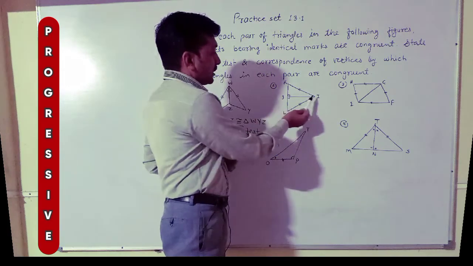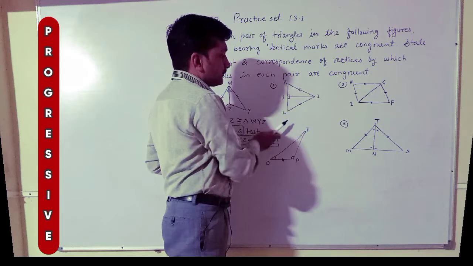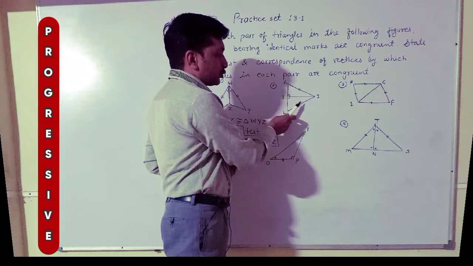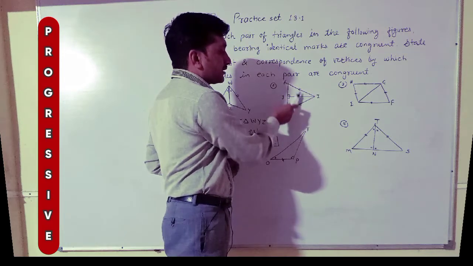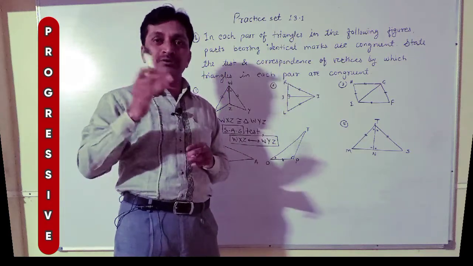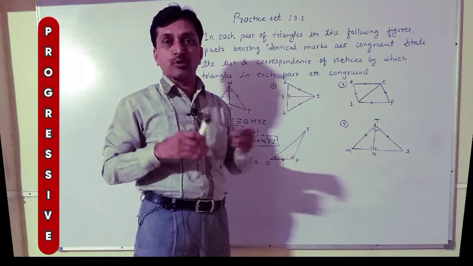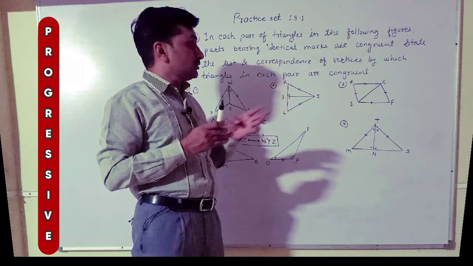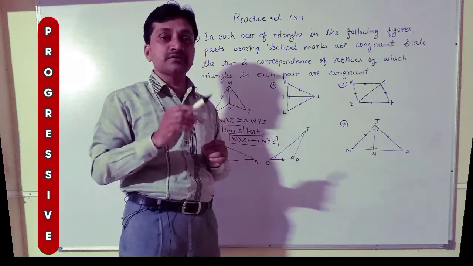Now let's see here, IJK, it is right angle triangle, hypotenuse is IK, IJL is right angle triangle, its hypotenuse is IL, and here by identical mark they are congruent, means both the hypotenuses are congruent. And we want one more side, here IJ is common to both, that's why common side is always congruent with itself. Therefore these two triangles are congruent by hypotenuse side test.